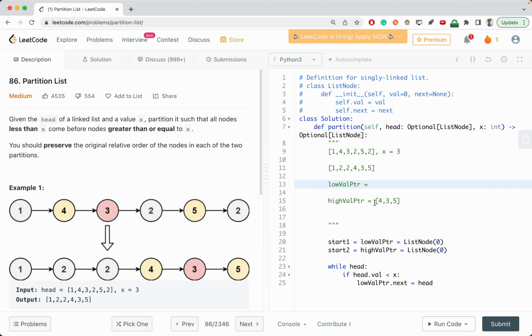So initially my low value pointer would be pointing to a node whose value is 0, and similarly my high value pointer is also directing to another node whose value is also 0. So once I'm there,